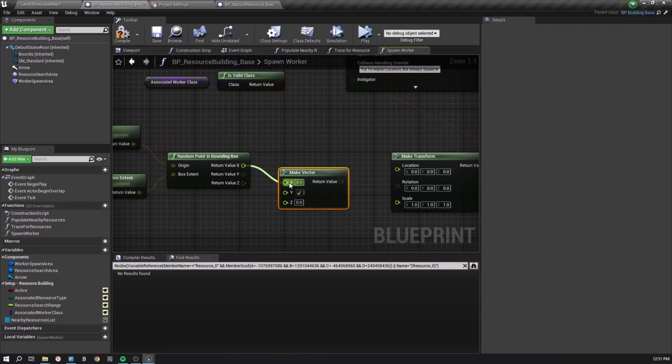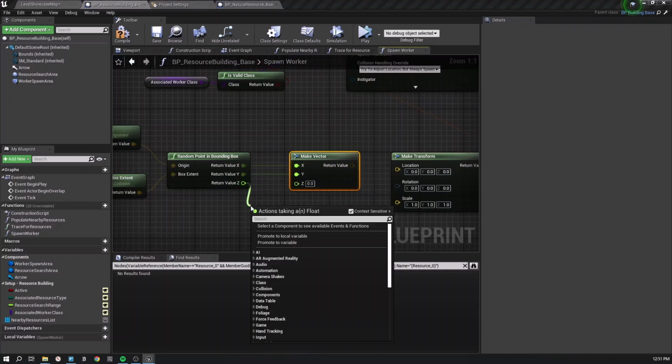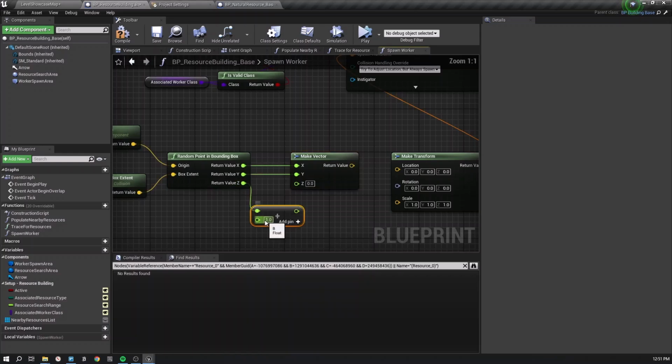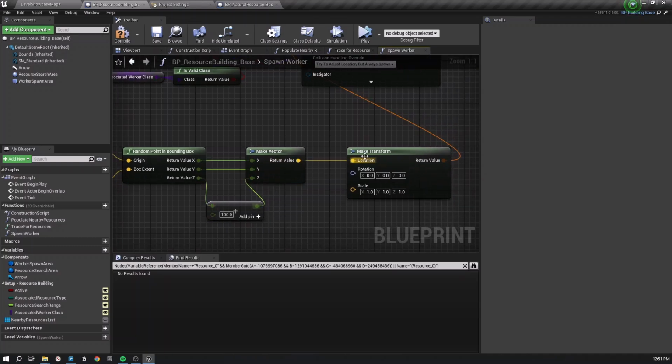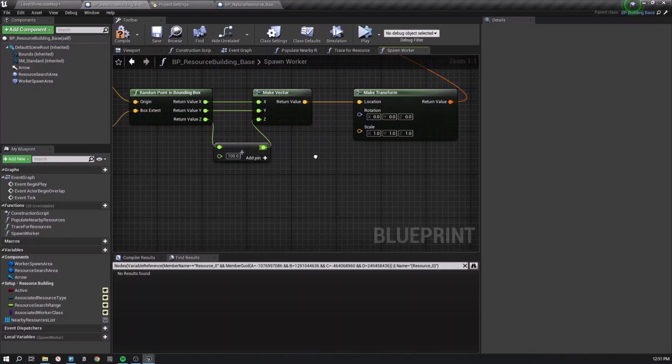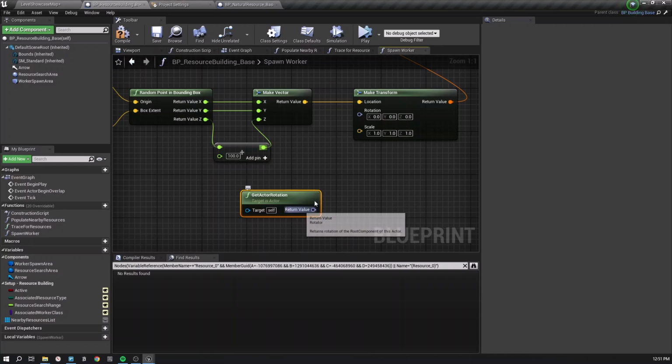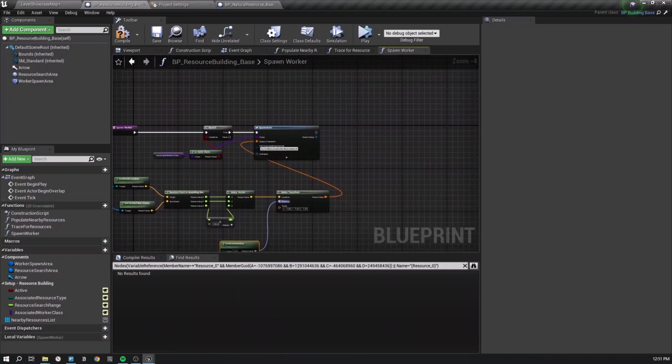So x y coordinates remain same, but for the z value maybe we can add a small displacement, right? So let's head to the location and get the rotation, and the scale remains same. Okay, so that's the spawned